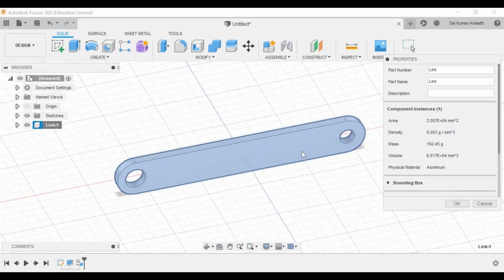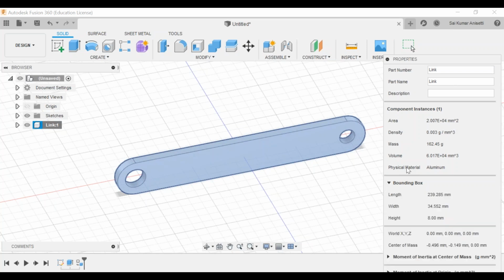So the actual way you need to do it is to drag and drop your material. Your part name and your physical material, make sure it is aluminum, and you are adding this material. Physical material always represents both appearance and also the body. It is completely turned into aluminum itself. So make sure your physical material is aluminum. Whatever your question says, you can calculate your volume. This is your mass, this is your density, and this is your area.